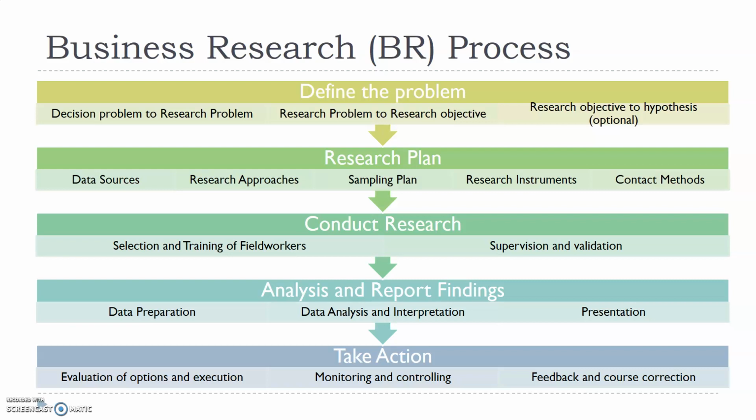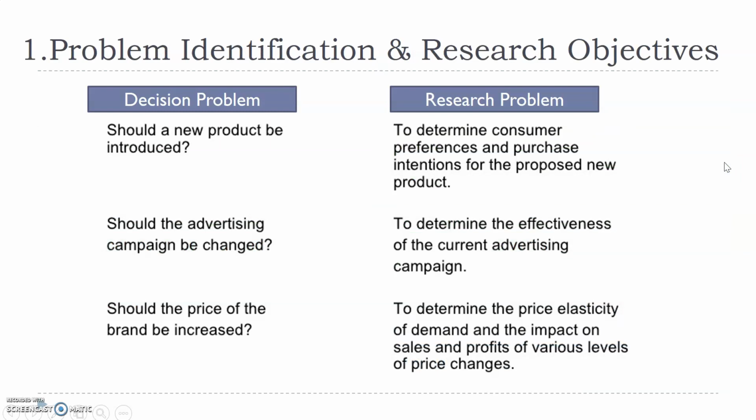Okay, so let's jump into the first step, defining the problem or defining the objective. One key difference we have to remember is between the decision problem and the research problem. Whenever we get a project from any corporate, that is in terms of a decision. What it means is, what kind of decision they need to take, right? I need to convert that problem into a research problem. How are both different? A decision problem is basically: if I answer that question, the corporate will be able to take some action.